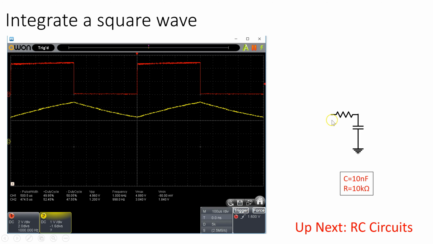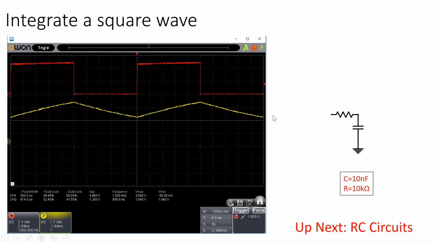What about the integrator? So now we're going to use the 10 nanofarads and the 10 kilo ohm resistor, and now we're going to be measuring across the capacitor in order to get our integration function. So now we're measuring the voltage across the capacitor, which gives us the integral of V dt times 1 over C. So when the voltage is held constant at plus 5 volts here, then if the voltage across the capacitor is very small, a constant current will flow through this fixed resistor into the capacitor, and the result will be an increasing voltage with time across the capacitor as charge accumulates on the capacitor. We then switch back to 0 voltage, and the capacitor now discharges at a constant current, and so on,